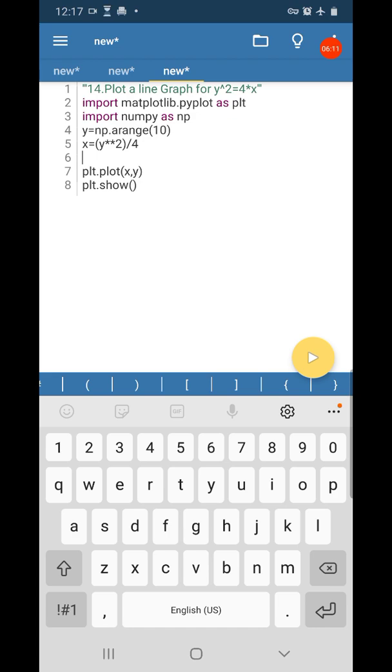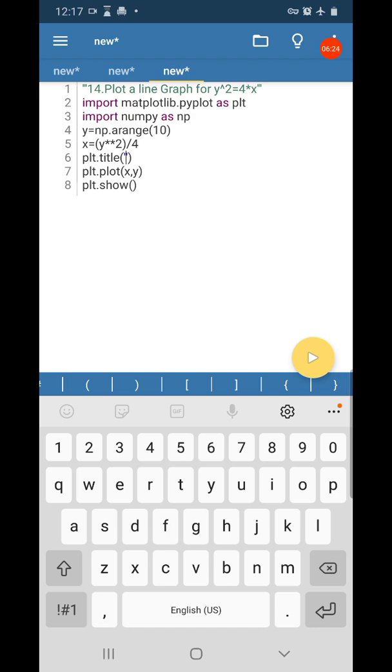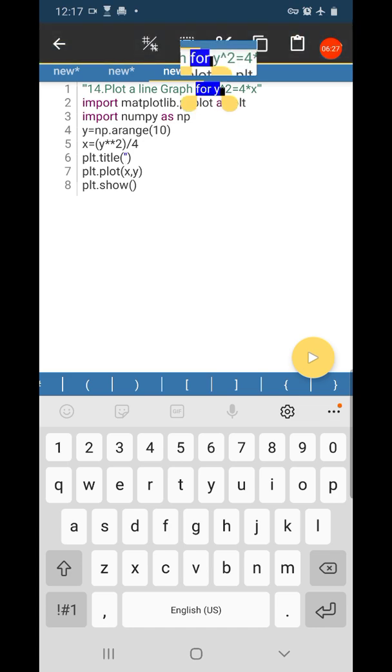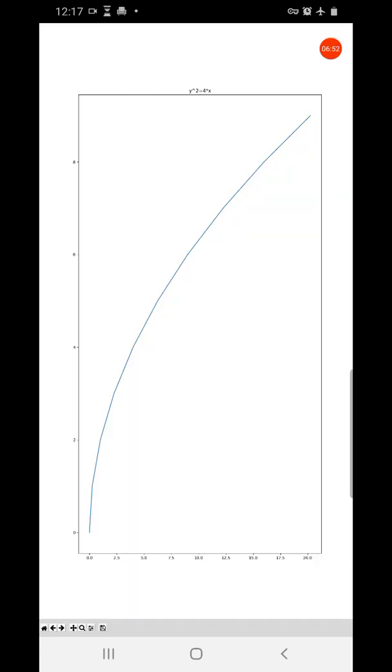So plt dot title in bracket in single quotes y square is equal to... So here the title is obtained.